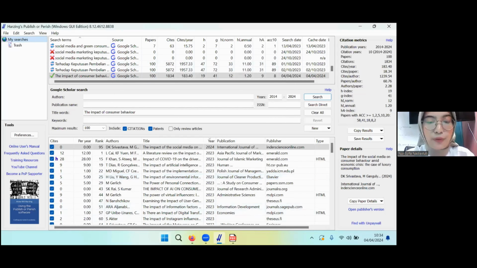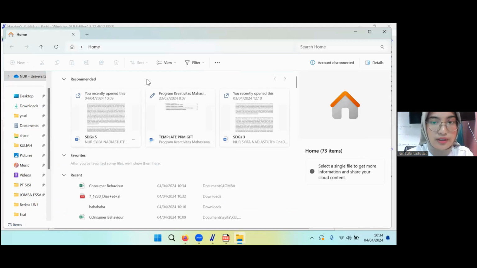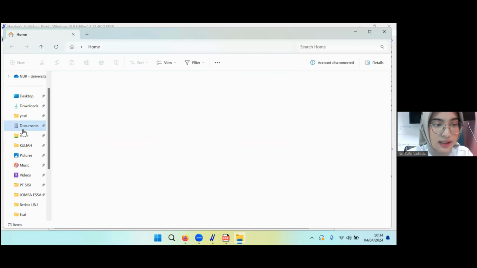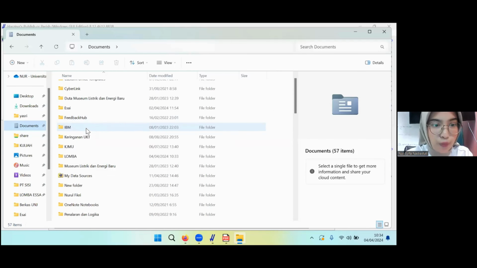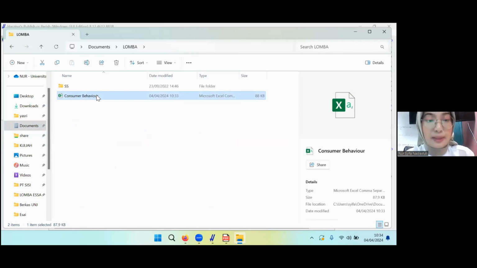Okay, and then I will open it in the File Explorer. It's saved in Documents, namely Lomba. Okay, and there are the results that we have saved. We can double click to open the file.